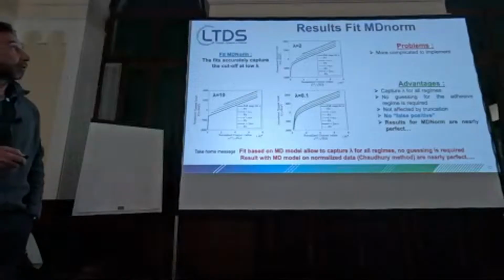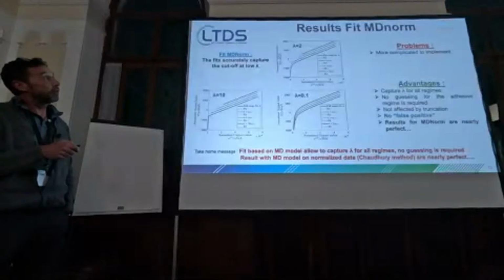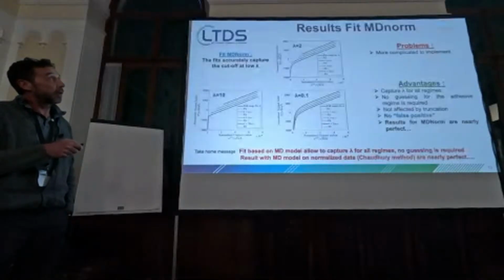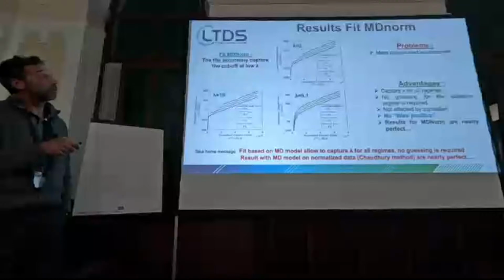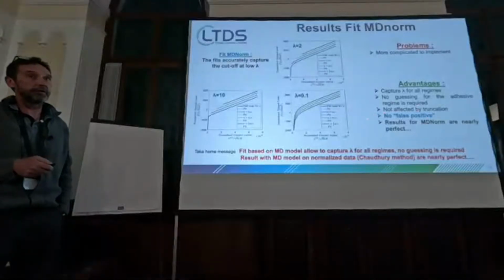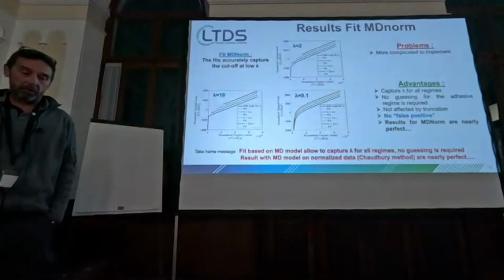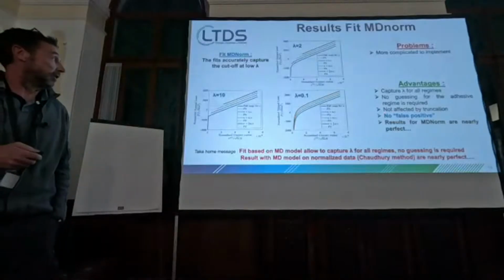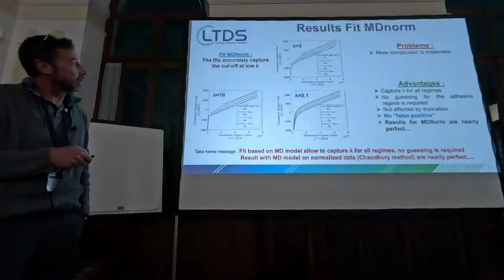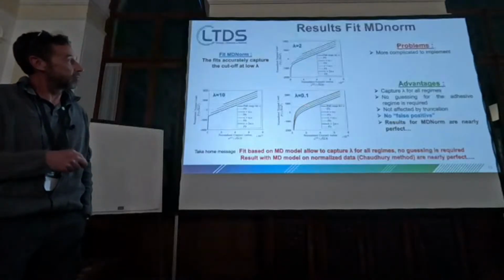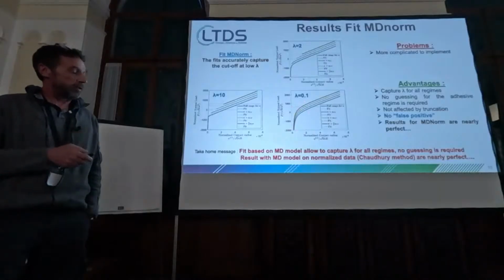And why is this fit very performant? It's because, as I told you, you can capture very well the cutoff at low contact radius with this method, so you don't have any false positive. Your fits are nearly perfect. The R square is often equal to 1, and there is no error, and you really get information from this part of the curve, which is the most important, again, for experimentalists.